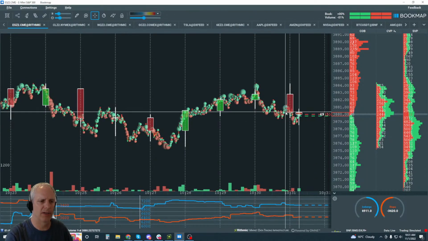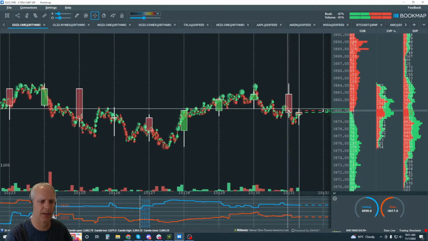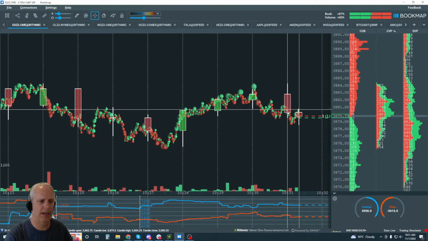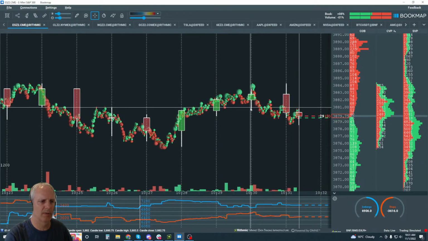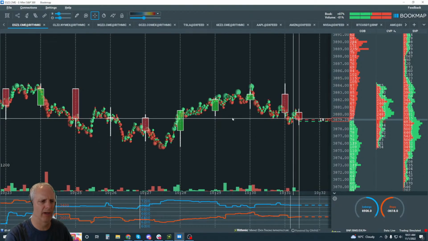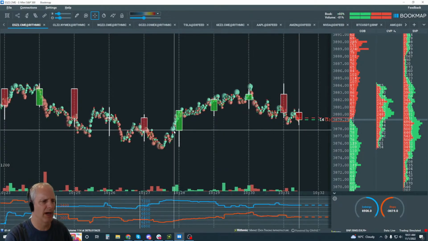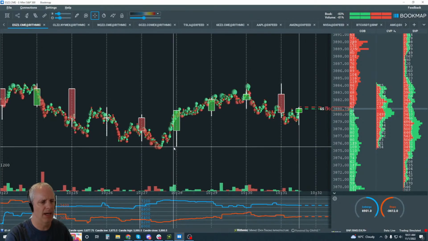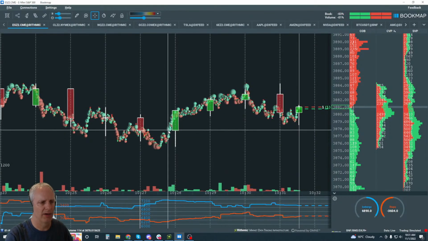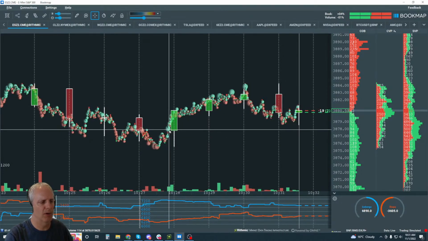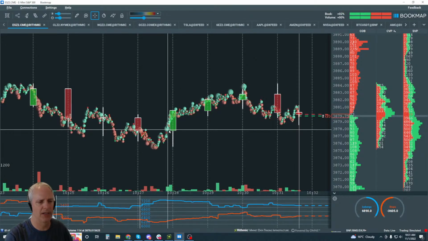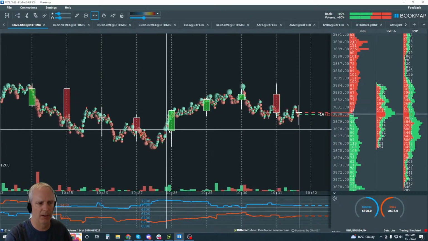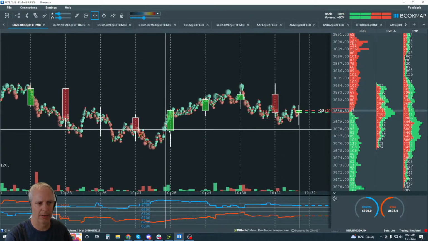Okay, so now we see this down candle here, the last minute. Not bad. It actually closed below that swing. Maybe we'll find a little more sellers. Maybe it'll come back down, and I would look for it to trade right to here. Not down to here, here, because this is where those buyers came in, and I would imagine they would support it here.